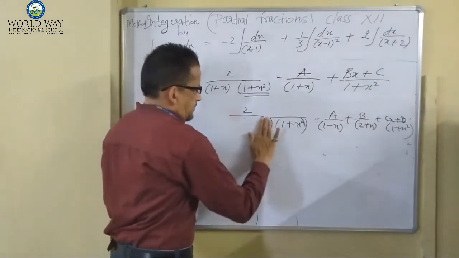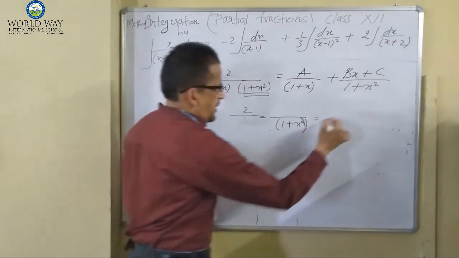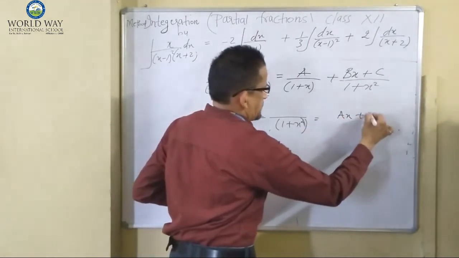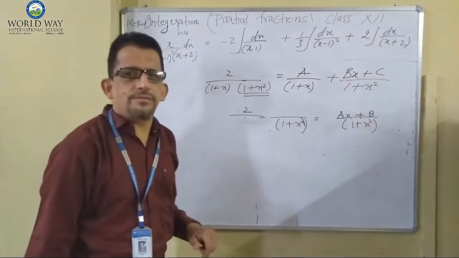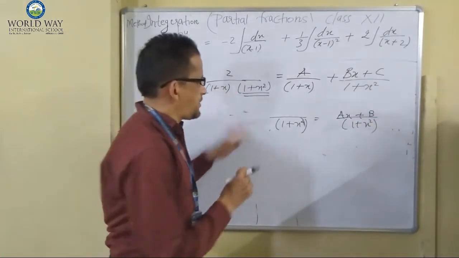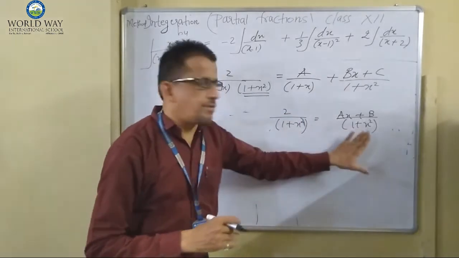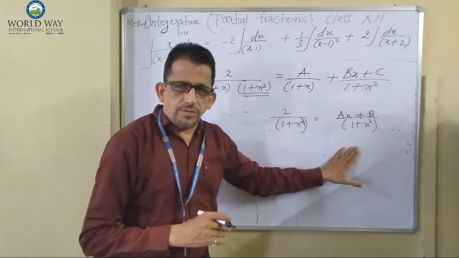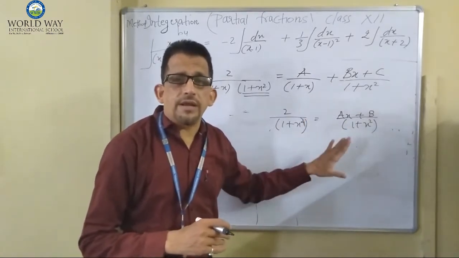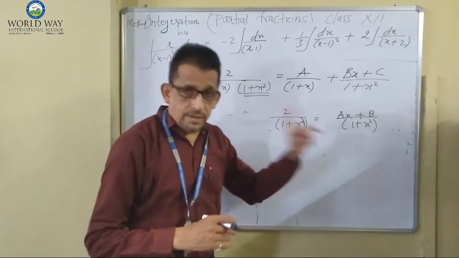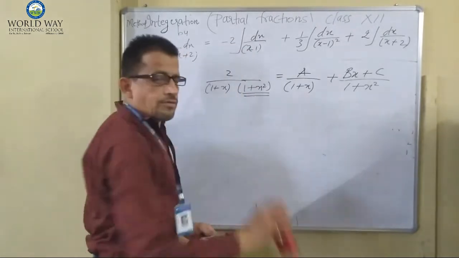अगर ये होता ही नहीं, तो it is to be solved like ax plus b upon 1 plus x. ये अगर ये नहीं होता क्वेश्चन like this, only one quadratic factor होता और non repeated होता, तो we have to solve like this. So it's clear how to solve if the denominator having factors quadratic but not repeated. Third type of math question. So how to solve?